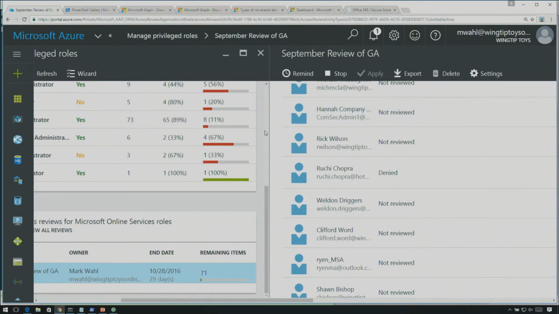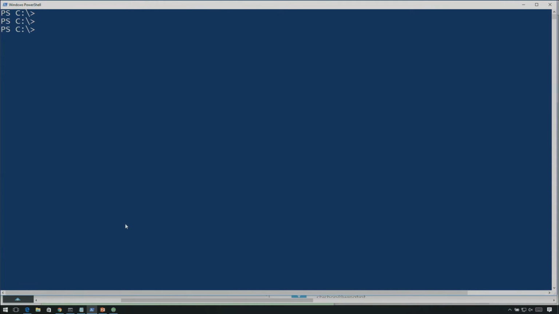So this is the portal view. There's lots of things in here. You can turn this on in your tenant. But let's say you've got some users who aren't web browser users, maybe people like me or old Unix administrators. Well, that's fine. You can do these things from the command line as well. So we have PowerShell. We can go do things like